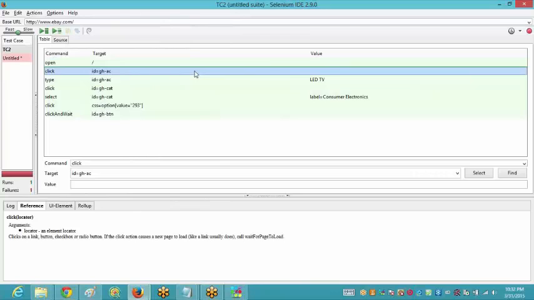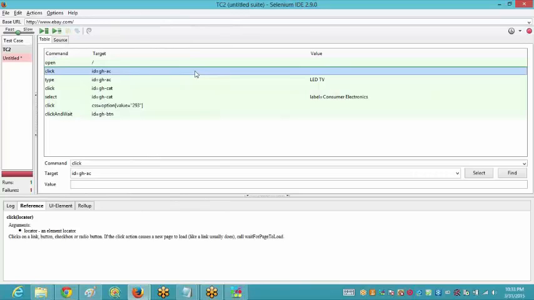If I have to validate it, what should be the command that I should be using? If I want to check whether this particular text box is present, correct, the assertion command, because in the scenario I explained that only if that text box is present should you click onto it. So I should be using the assertion command.